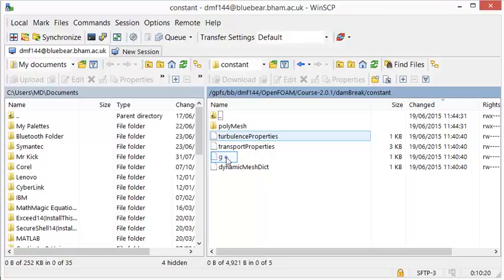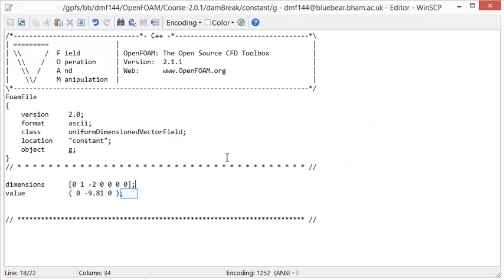The file named g sets the value and direction of the gravitational acceleration in the field. Here the gravitational acceleration has a value of 9.81 meter per second squared, in the negative direction of the